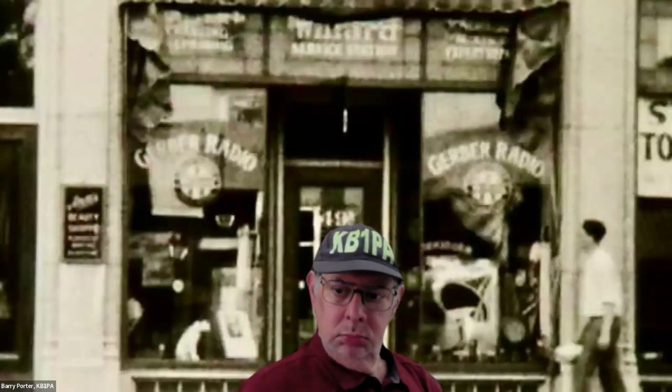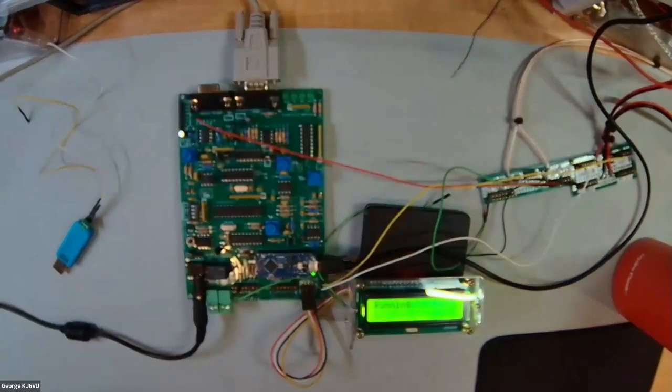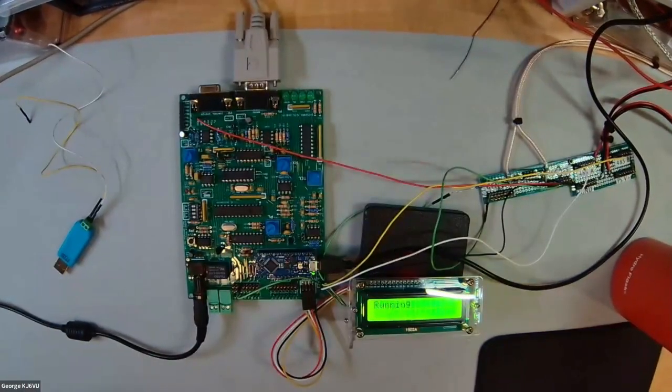Okay, anybody else got any questions out there? Gail wants to know if we can see a demo. Sure, we could do that. Let me change my camera. All right, so hopefully you can see my